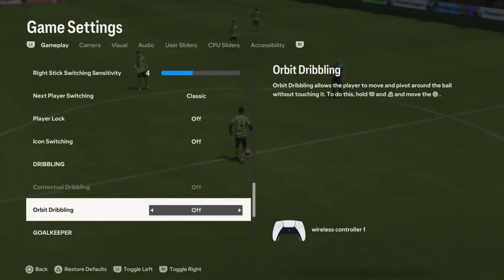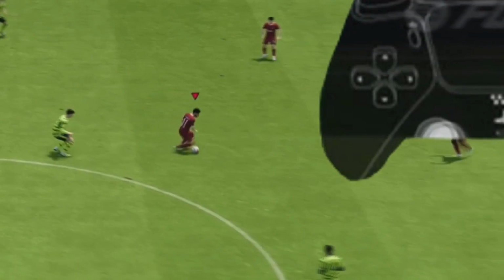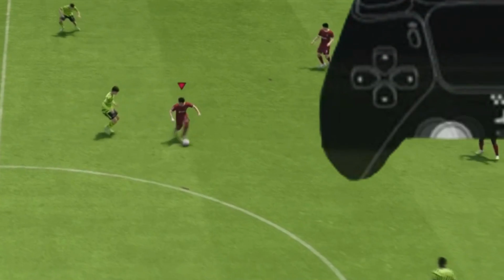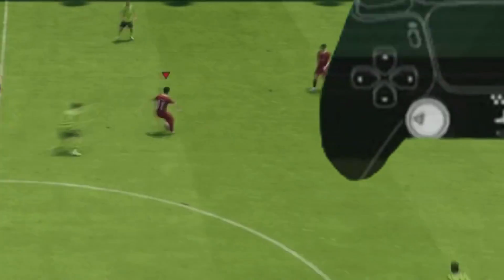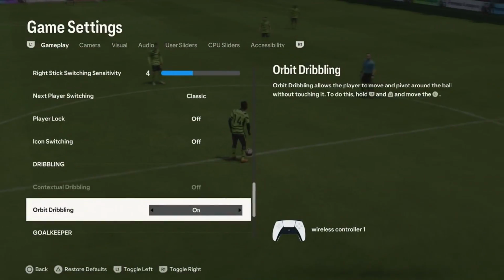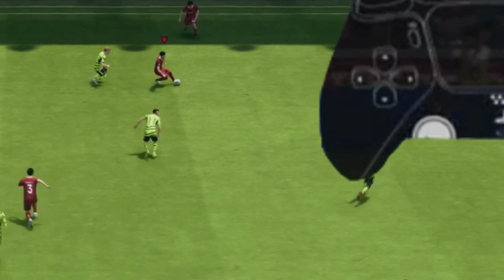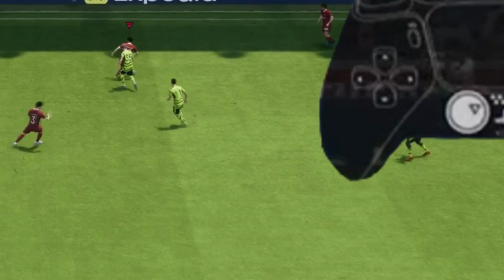Switching orbit dribbling to off will be the biggest game changer for you when it comes to dribbling that you have ever seen in any previous FIFA, and this year in EAFC we have the setting to on. As you can see, I can't maneuver the ball as quick. He feels and looks sluggish. We turn orbit dribbling off and just look at the fluidity on the ball. It's an absolute game changer for tight, close ball control dribbling when you're trying to maneuver in and out of tackles